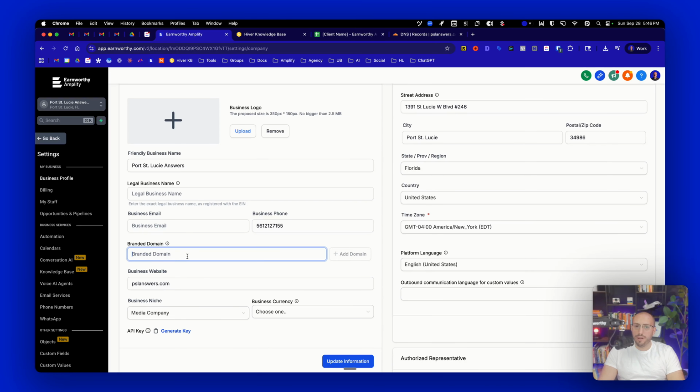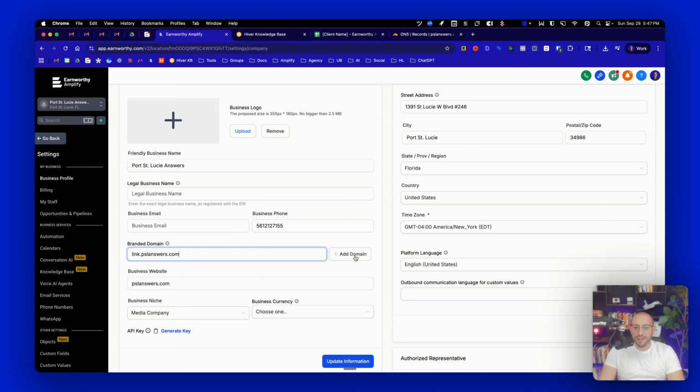That's going to increase credibility, and it will also help with email deliverability since your emails will contain links back to your main domain. So what I like to use for this format is link.domain and then your actual domain. So in my case, it would be pslanswers.com. Now, you don't have to use a link. You can use whatever you want. But again, I just like to use a link because it's simple. And when I look at it, I know that this was a branded link domain that is used for links